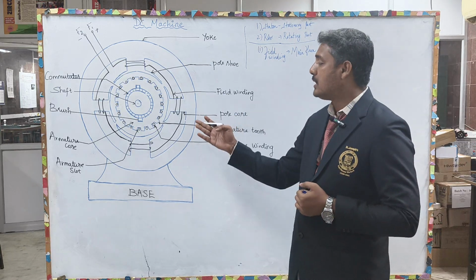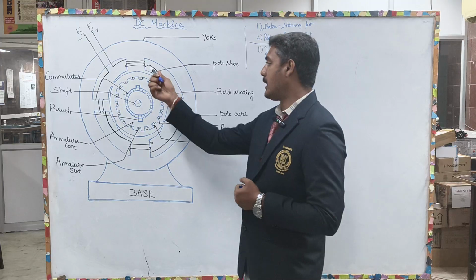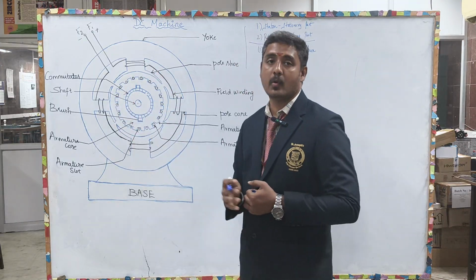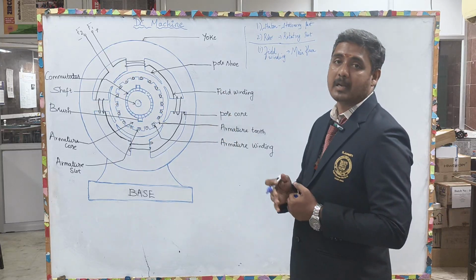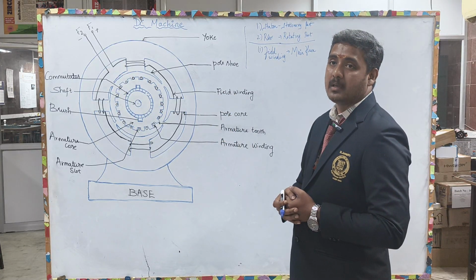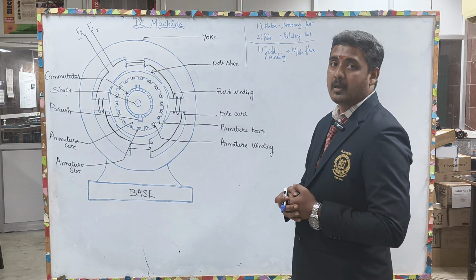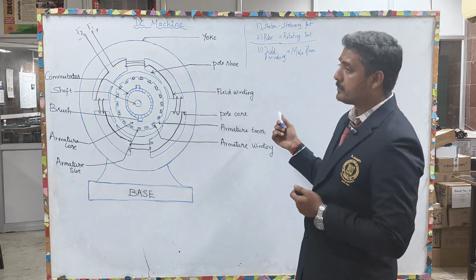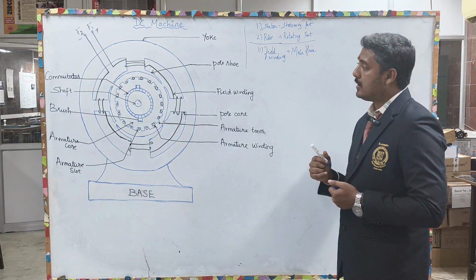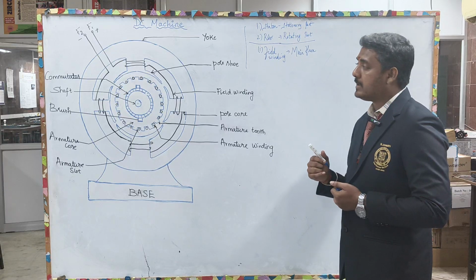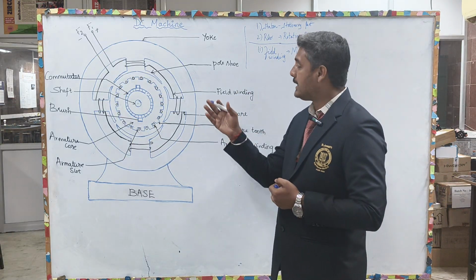Here we have assumed a 4 pole machine, 1, 2, 3 and 4, and north pole and south pole alternately you will be having the poles of the DC machine. And this field produced in the pole core and the pole shoe will link the